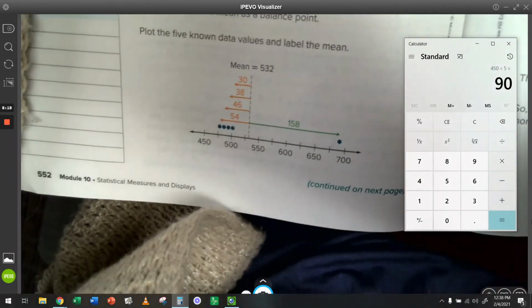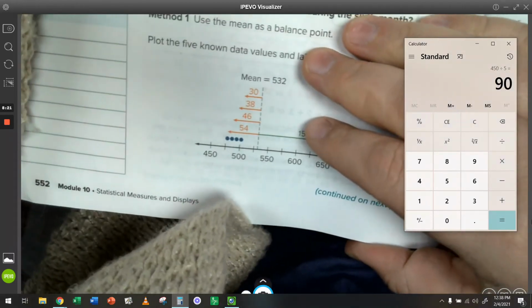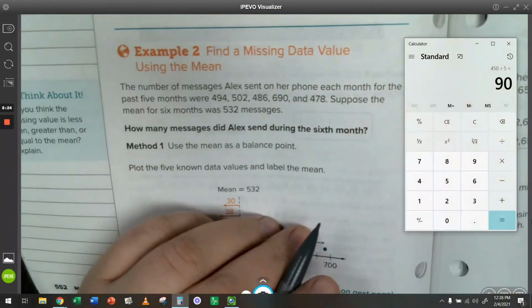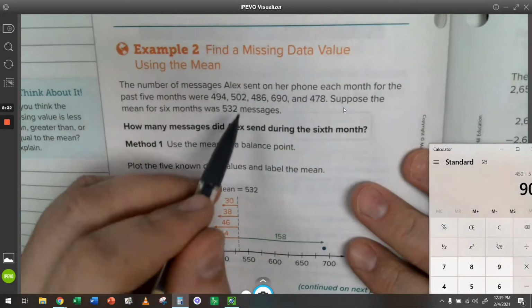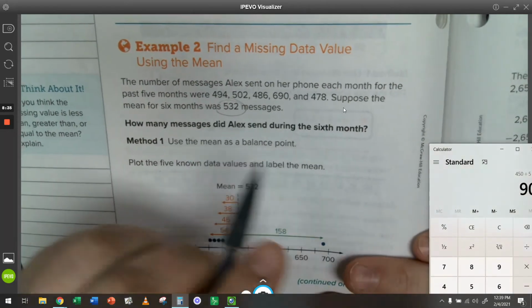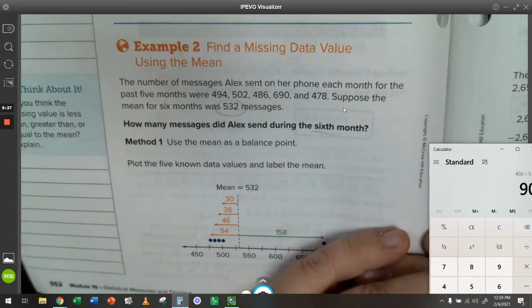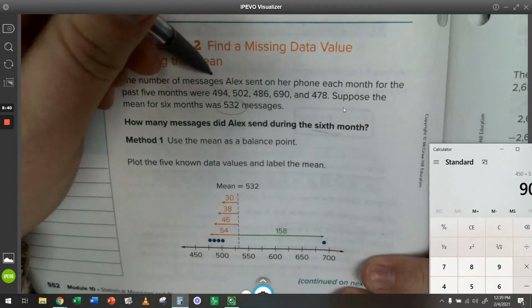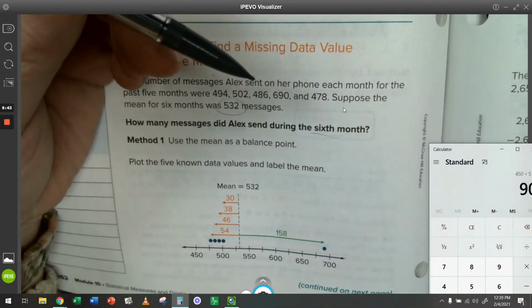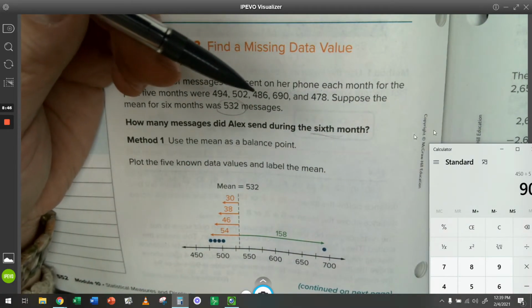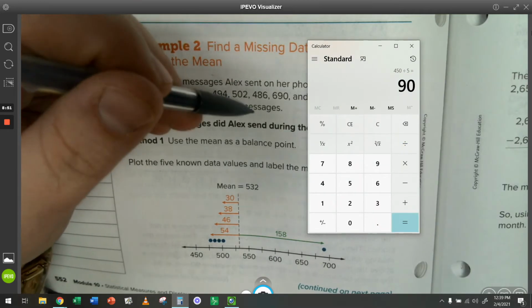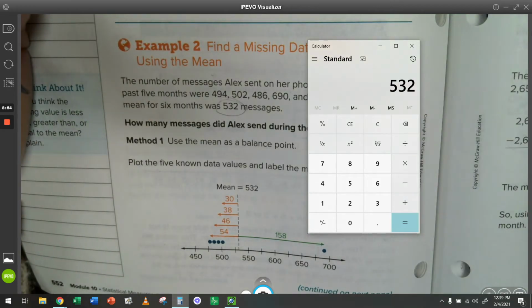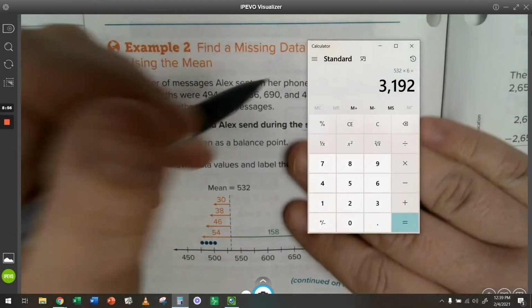Now, let's look at example 2. Once again, finding a missing data value using the mean. So the number of messages Alex sent on her phone each month for the past 5 months were these values. Her average was 532. We're missing how many messages she sent in the 6 months. So we know 1, 2, 3, 4, 5, and we need the 6th one. So we start, remember, multiply by the number of values, which would be 6. 532 times 6, we get